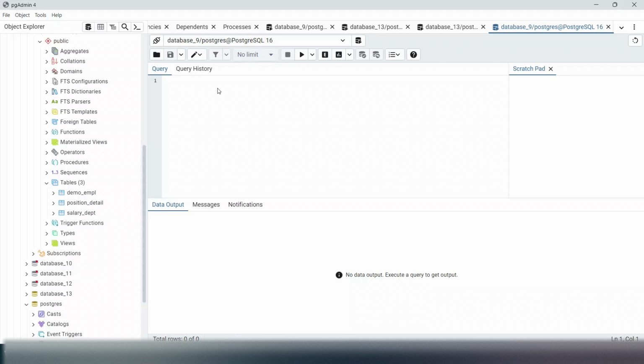Okay, so we have to write a query from the select statement. So select, then you have to say column name, then data type, and then after that you have to say from information underscore schema, then period, columns,